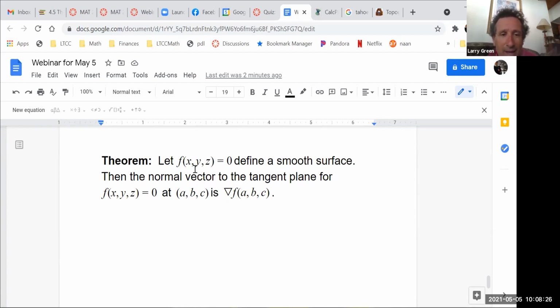Okay, let f of x, y, z equals 0 define a smooth surface. Then the normal vector to the tangent plane for f of x, y, z equals 0 at (a, b, c) is the gradient of f at (a, b, c). Isn't that a beautiful, easy to state theorem? So as I mentioned, the gradient is everywhere in multivariable calculus. So an example,